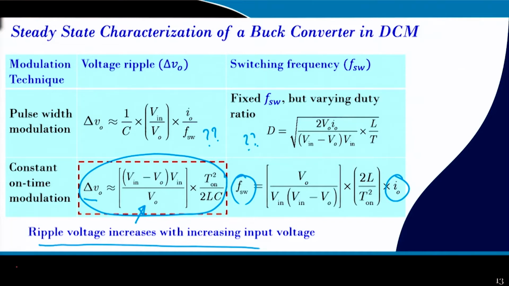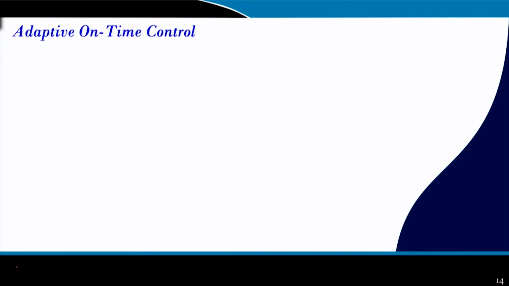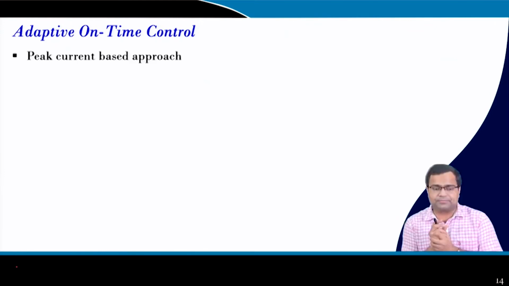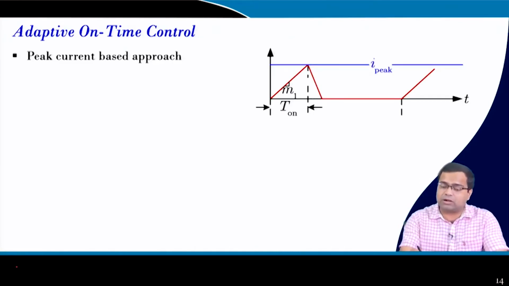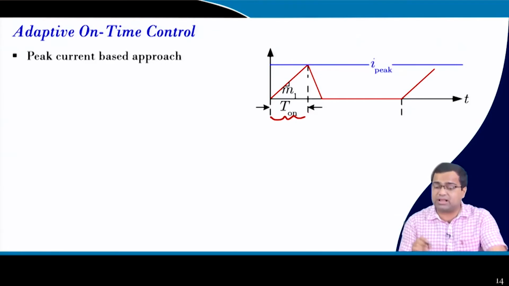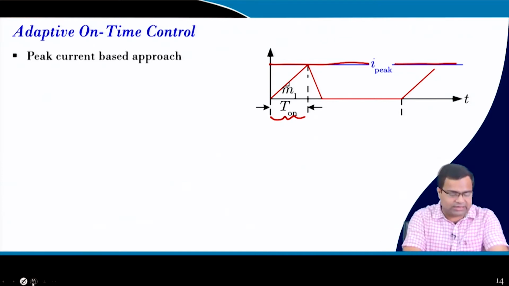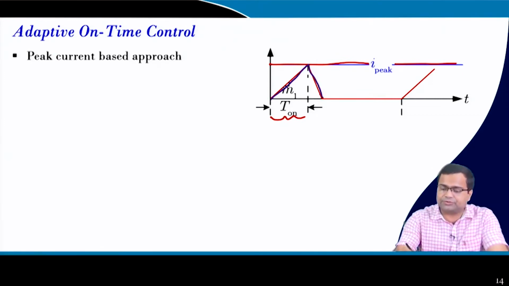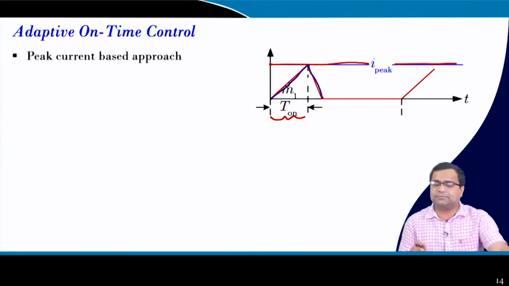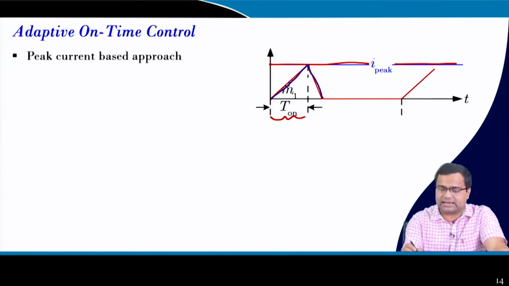But now, if we can adapt the on time, then we can reduce the ripple voltage impact when there is a change in input voltage. How do you do that? We want to do it using a peak current based approach, where earlier our on time was set by a timer, but now we are setting the on time by fixing a peak current reference. If we keep the peak current reference, and this is my actual inductor current when it hits, then if my input voltage and output voltage are constant, then under steady state,